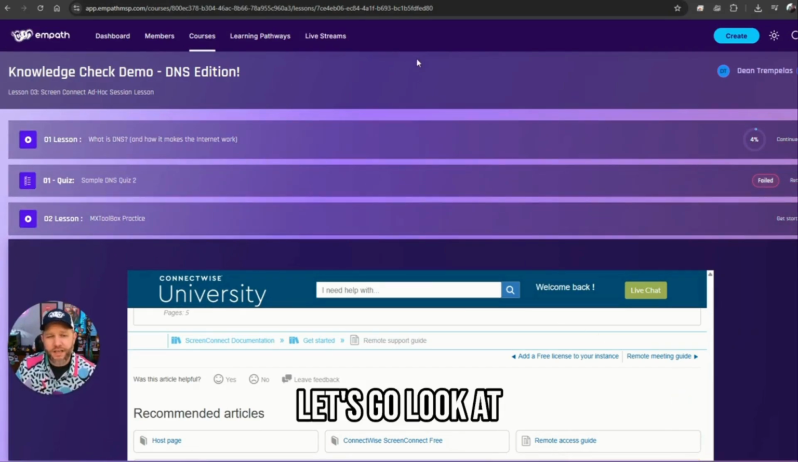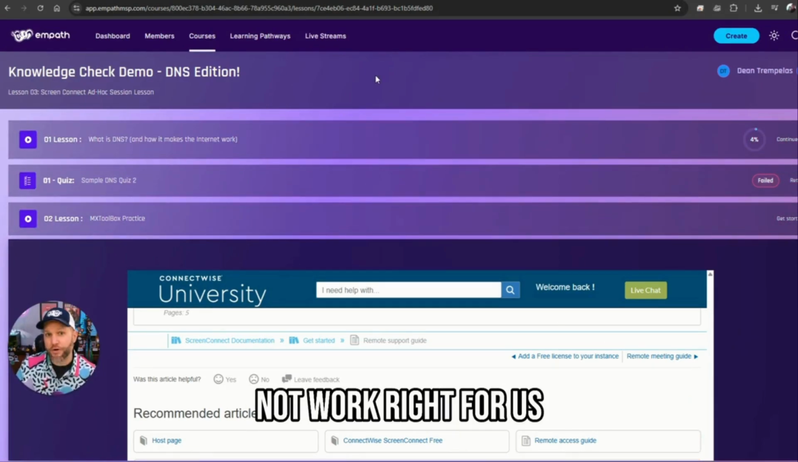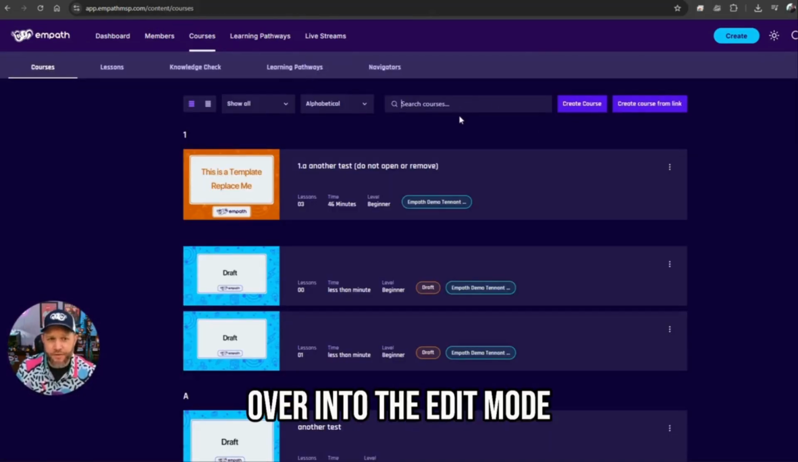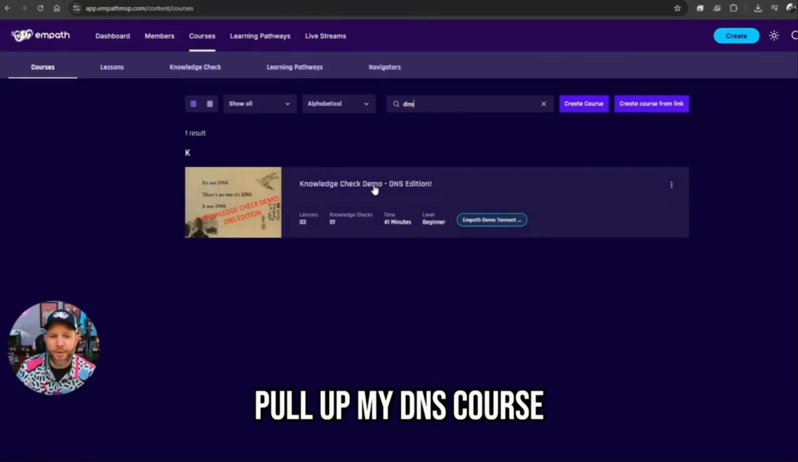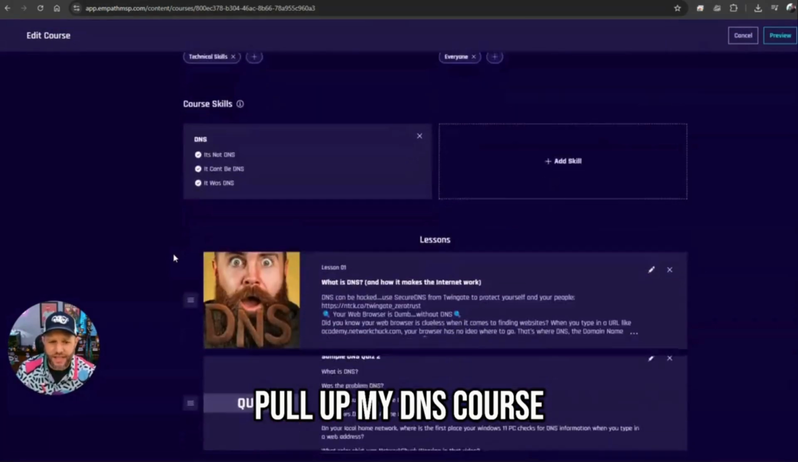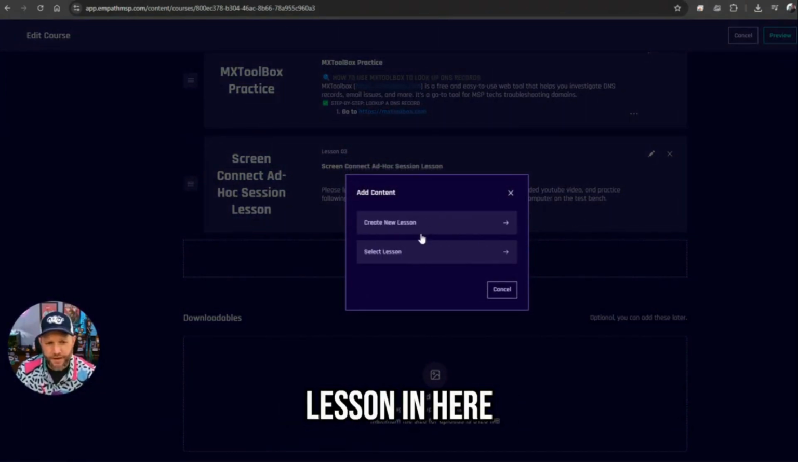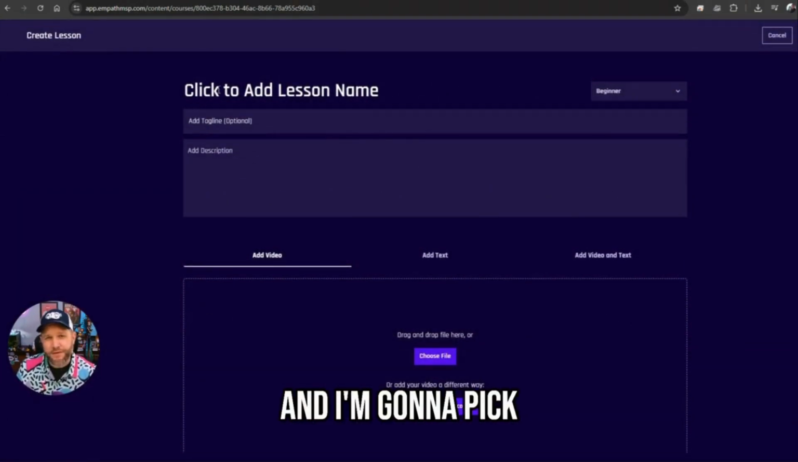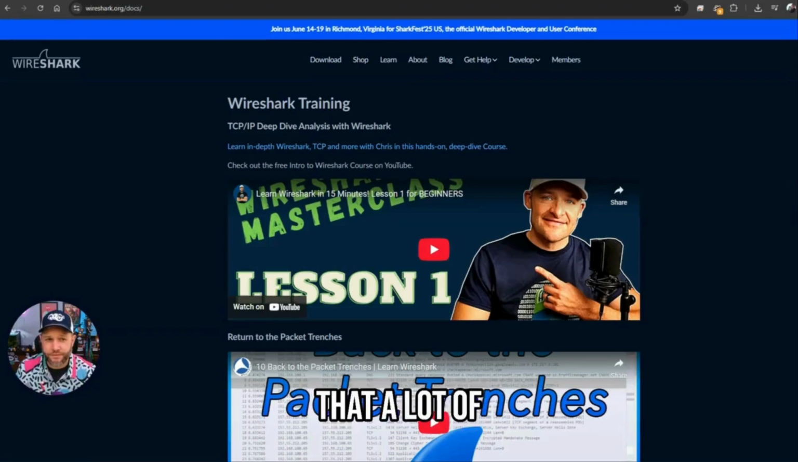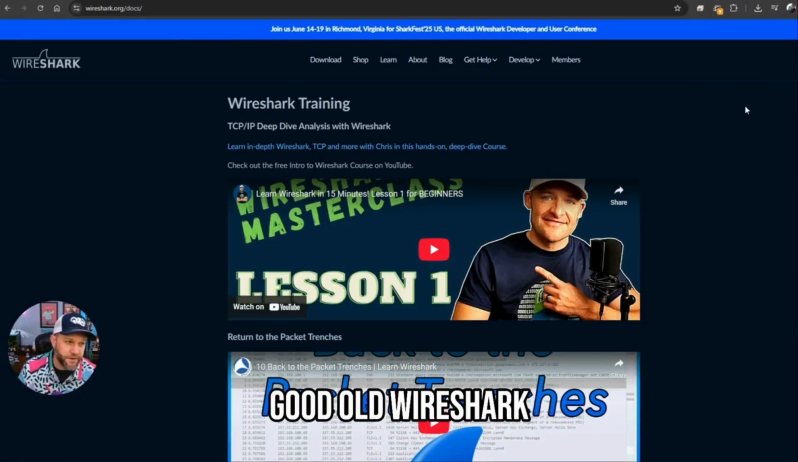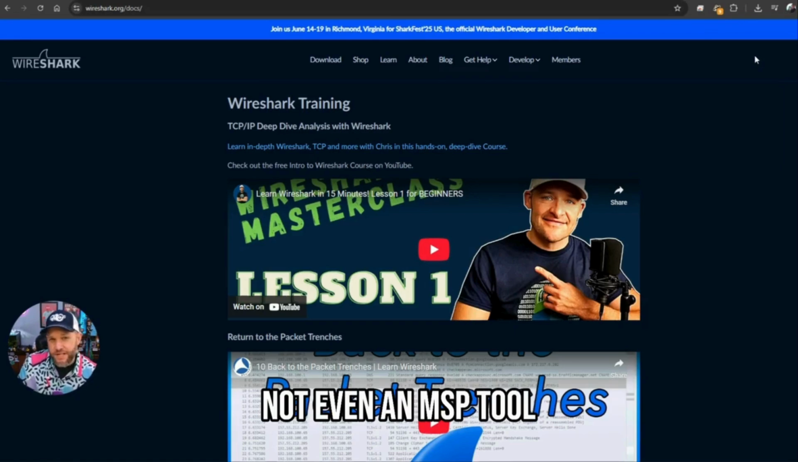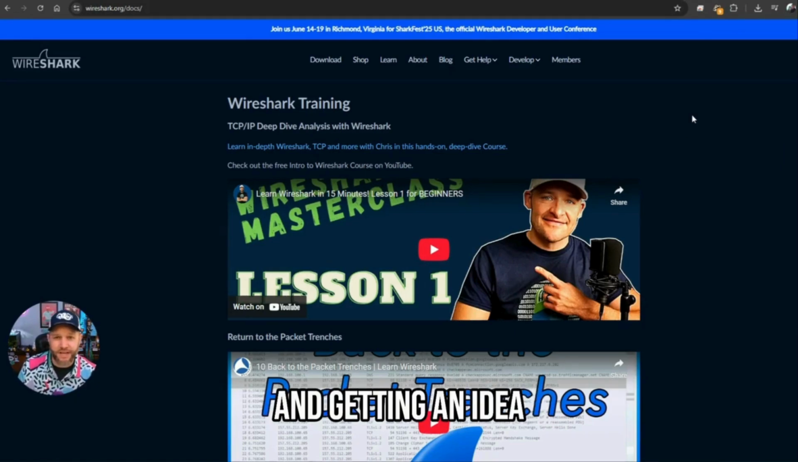But let's go look at exactly how this might not work right for us. If I pop back over into the edit mode, pull up my DNS course, and I come back down here and go to add another lesson, I'm going to create a new lesson, and I'm going to pick another really common tool that a lot of us use, good old Wireshark,